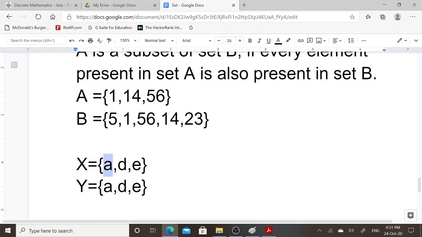Each and every element of set X is present in set Y as well as each and every element of set Y is also present in set X. And the cardinality of both sets is the same, that is cardinality of X and cardinality of Y equal to 3.